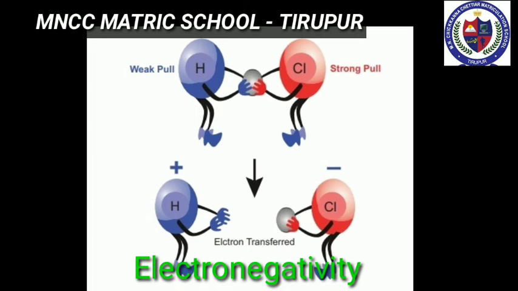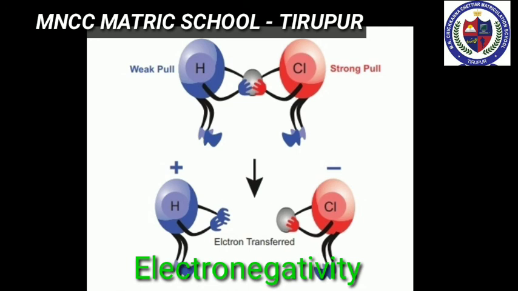Next, the Pauling scale is the widely used scale to determine the electronegativity, which in turn predicts the nature of bonding, that means ionic or covalent, between the atoms in a molecule. The electronegativity value of fluorine is 4.0, chlorine 3.0, bromine 2.8 and iodine 2.5. The electronegativity value of hydrogen is 2.1 and sodium 1. If the difference is less than 1.7, the bond is considered to be covalent. If the difference is greater than 1.7, the bond is considered to be ionic.